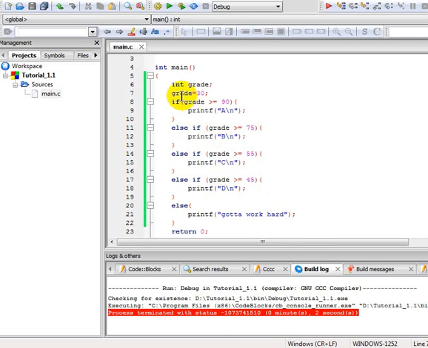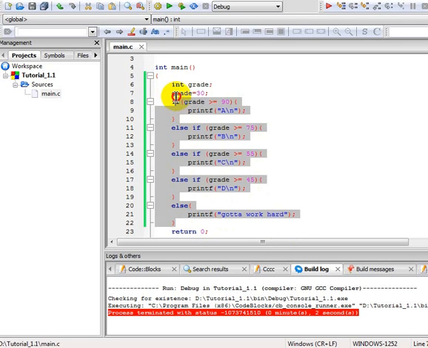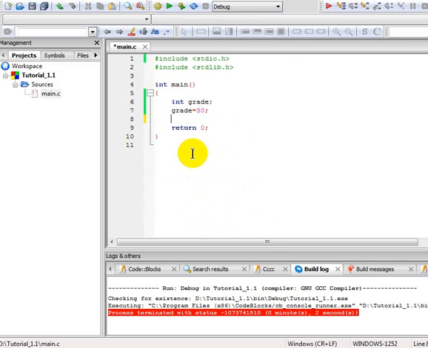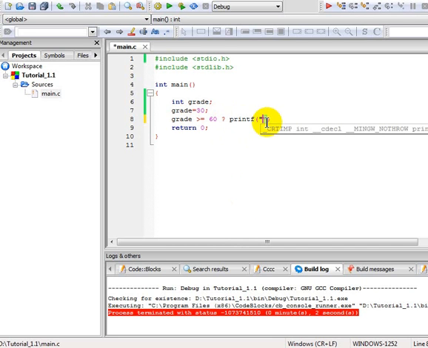Now you can do all of these in a single line, and that is called the ternary operator. I'll just show you about that. What the ternary operator does is it'll just check the grade. I'll put a condition: is it greater than or equal to 60? That's the question mark. It'll check, is grade greater than or equal to 60? If it is true, then I'll ask it to printf